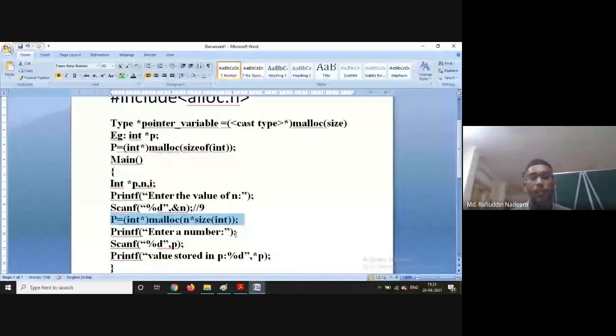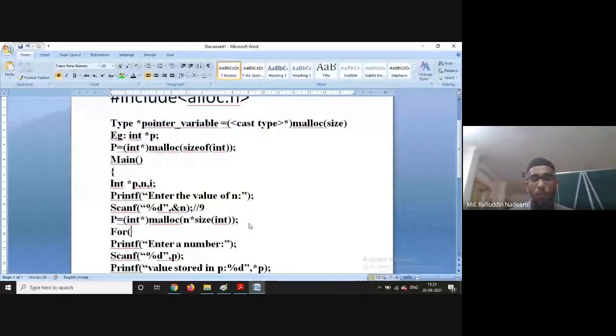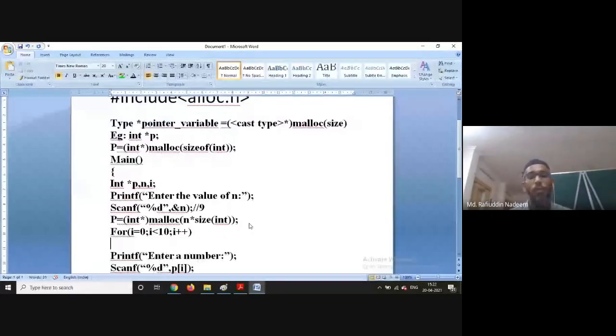From here, the rest is the same: for i equals 0, i less than n, i plus plus, enter a number, scanf %d, the same as you use for arrays. While reading normal arrays without pointers, the same thing you can continue: p of i. So 9 elements have been created.